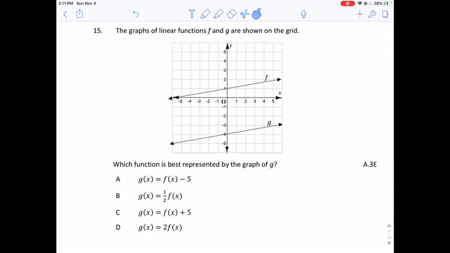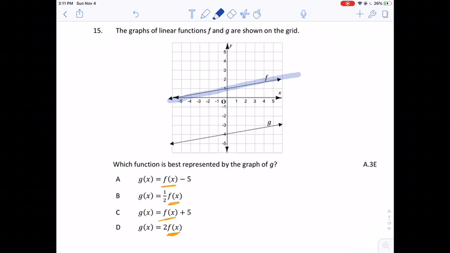Problem 15. The graphs of linear functions f and g are shown on the grid. Which function best represents the graph of g? Okay, so let's see. I look at my answer choices. All my answer choices have f of x here. Okay, but be careful, because this f of x, the one that is shown here in this graph,